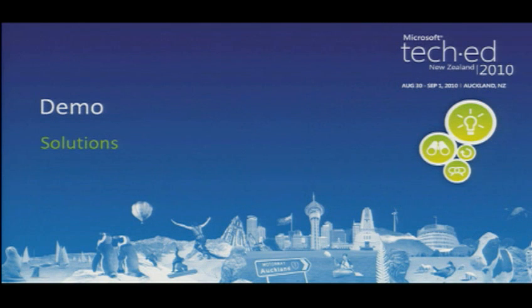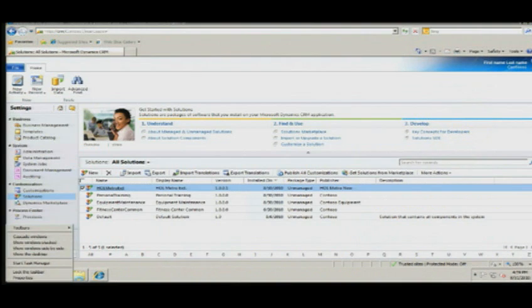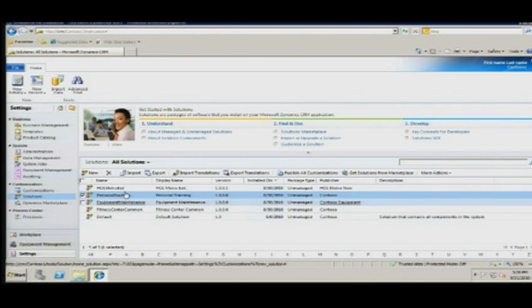So why don't we jump into a demo? Sure. So press 2, I guess. What we see here is the new area where we can modify customizations and add solutions. Each row we see there is a solution package. We've got 4 solution packages installed, and there's the default one, which is always there, and that's where usually your uncustomized